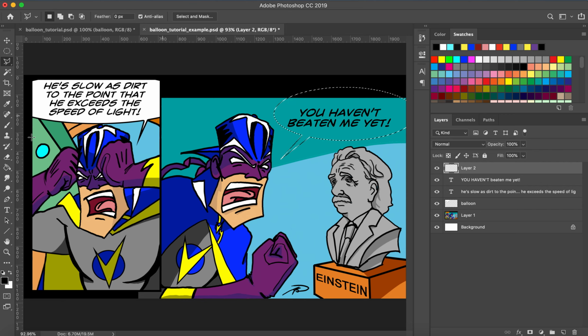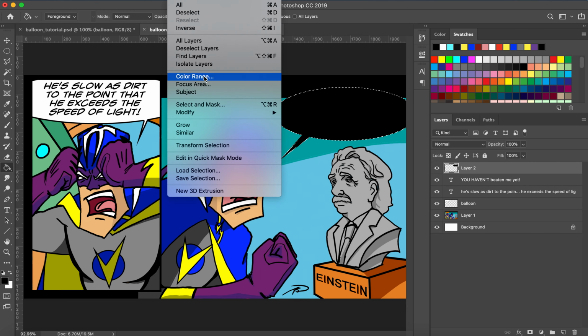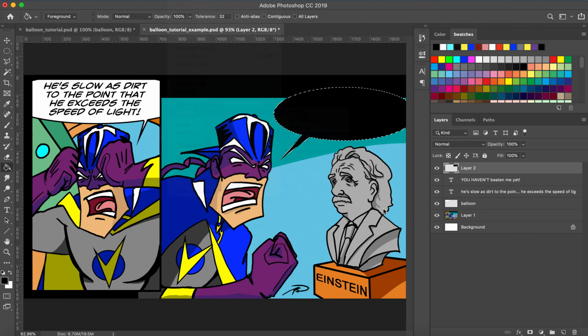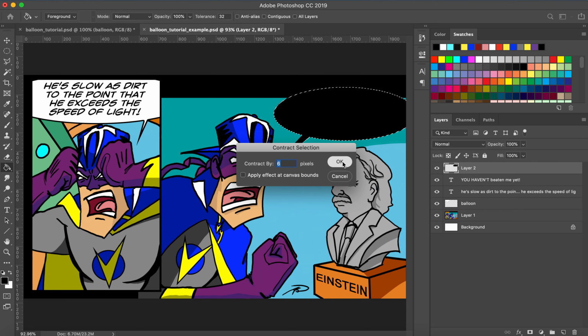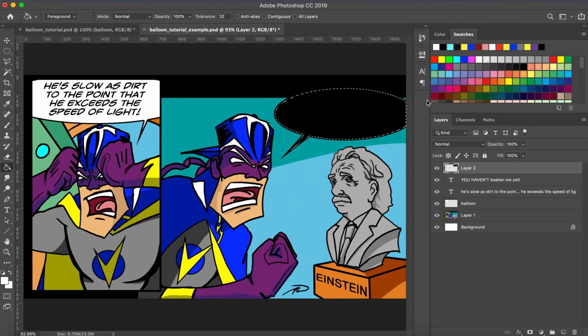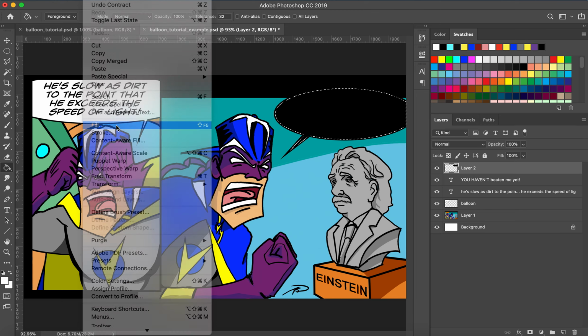All right, again, we're going to go with our paint bucket, and we're going to fill that in, and then we're going to go with our selection, and we're going to modify, and we're going to contract, and we're going to make that 6 again, and then we're going to switch to white, and then we're going to edit fill,